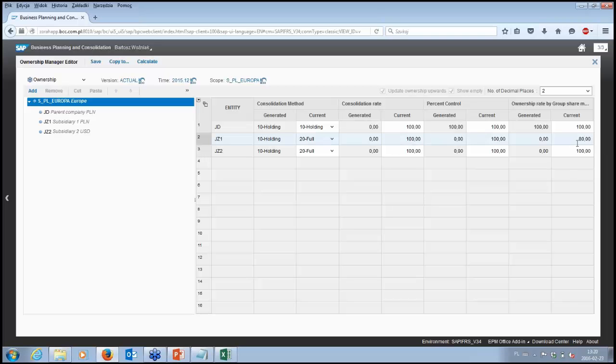This is important because when we calculate a minority share in capitals or minority share in net profit, this will be taken into account. And as I told you before, this ownership structure is assigned to December 2015, but you can easily change it, or if needed, copy it to other periods.